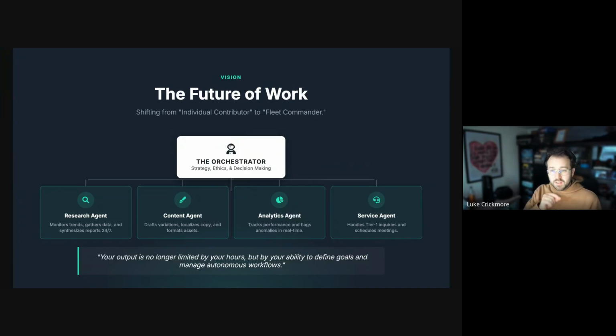They will have a number of different agents that they work with day to day to complete their tasks: a research agent, a content agent, analytics, and a service agent, all helping them deliver their roles. And the nice thing is that if they are able to make these agents good enough, these agents can be running 24/7, as opposed to this person that unfortunately has to sleep for 8 hours a night, probably,